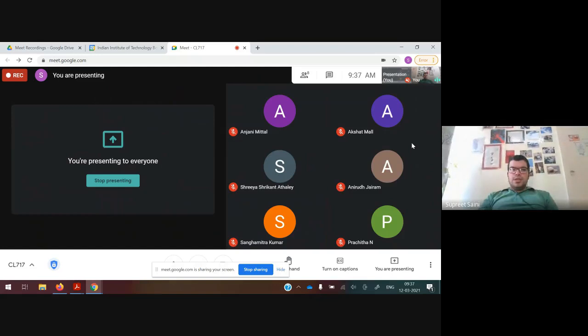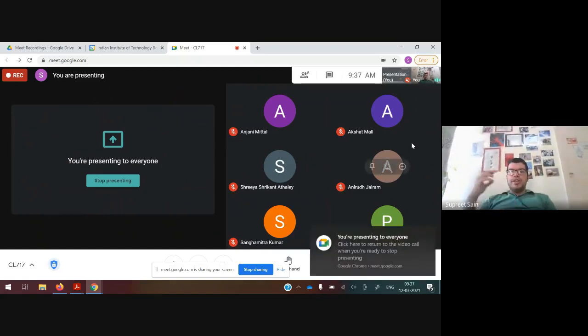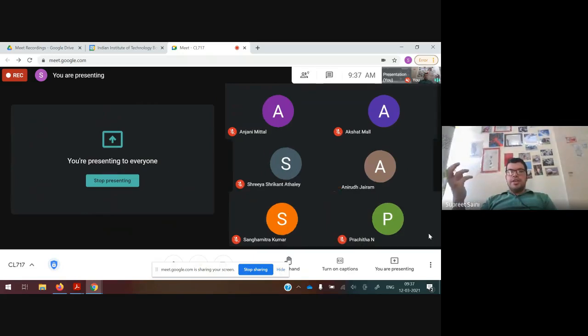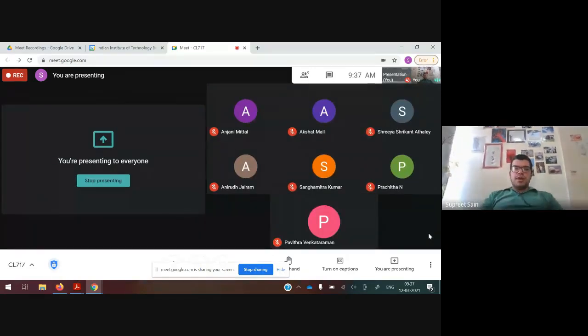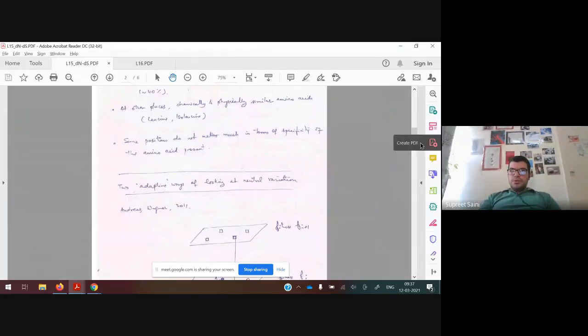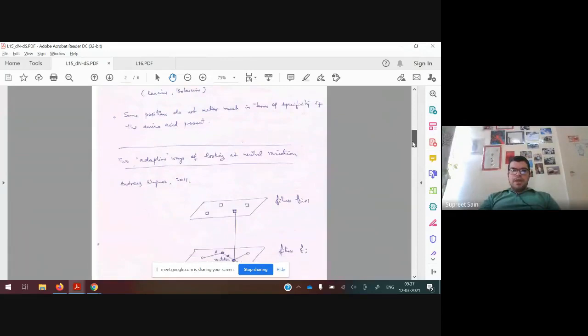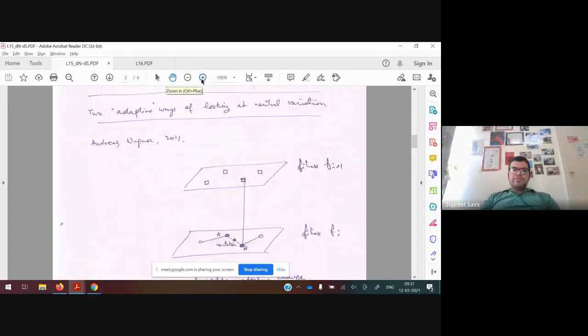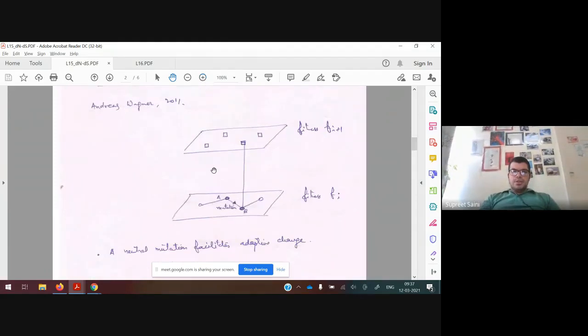In order to understand this, there are two very useful geometric ways of looking at it, and we won't go into the underlying math, but the geometry itself gives us a very intuitive picture of how this could happen. The first one comes from a book published in 2011 by Andreas Wagner, who has done a lot of work on neutral variation and its role in adaptation. So Wagner says, the way we should visualize this geometry is the following.